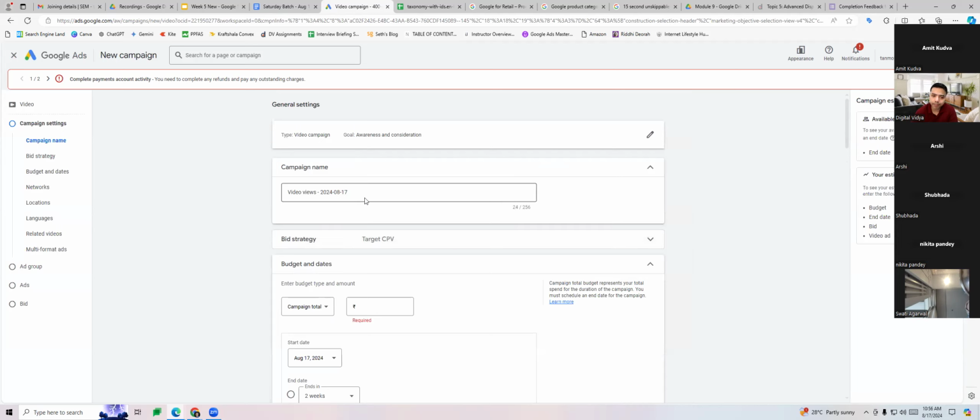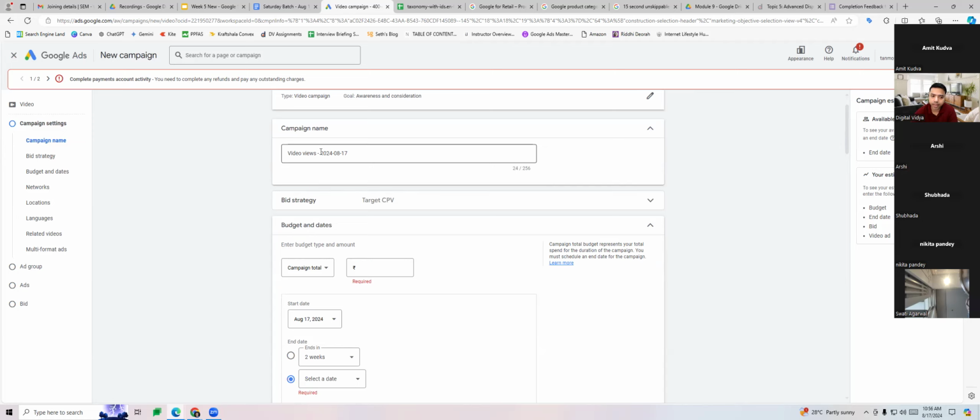You can see the campaign creation is pretty similar. There is not much of a difference. Only difference is in the choices we are making in the beginning of the campaign. So name of the campaign, bidding strategy, see, it is changing to CPV, cost per view, because I'm looking for consideration.